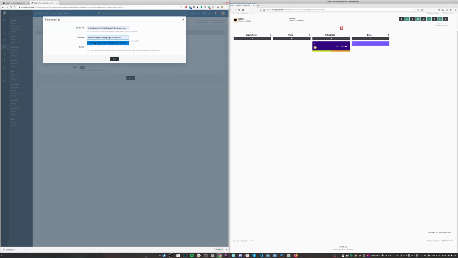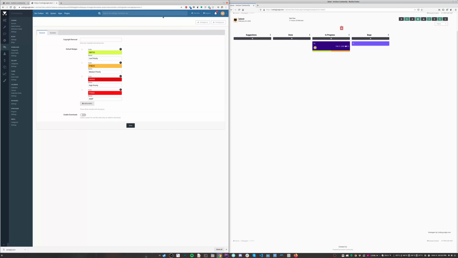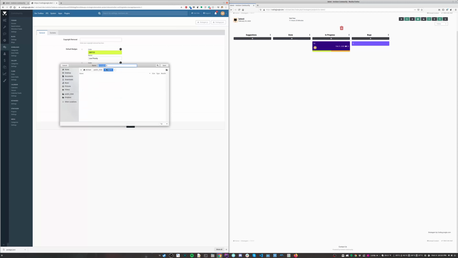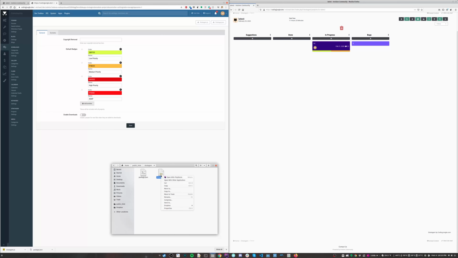If you're going to use certificates here, you need to fill in your certificate information, or otherwise you'll have to edit the file. So we're going to hit save. Once we do that, it will take a few seconds, and then we can download it because it builds it and then we can download it. And if you want to take a look at the files,